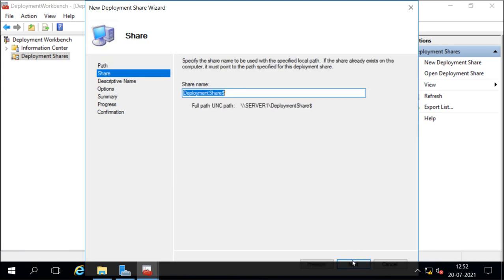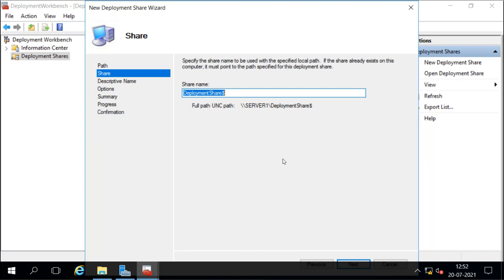Now it is a deployment share, so this will be shared by this name, and this will be a hidden share. As you can see, it has the dollar symbol at the end, and the name is DeploymentShare. So this directory is created under C drive and it is going to be shared using this name.